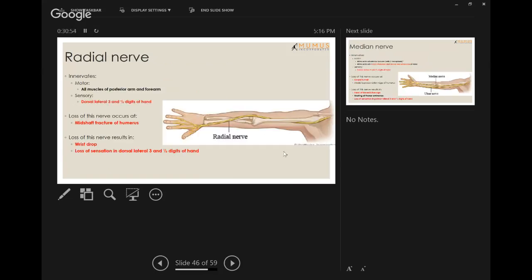Cool, radial nerve. What does it do? As I said again, anything that's posterior, it's innervated by the radial nerve. As far as the sensory goes, it innervates the dorsal 3.5 digits of the hand. And how do you lose it? Well, if you get a mid-shaft fracture of the humerus, the radial nerve is running down the